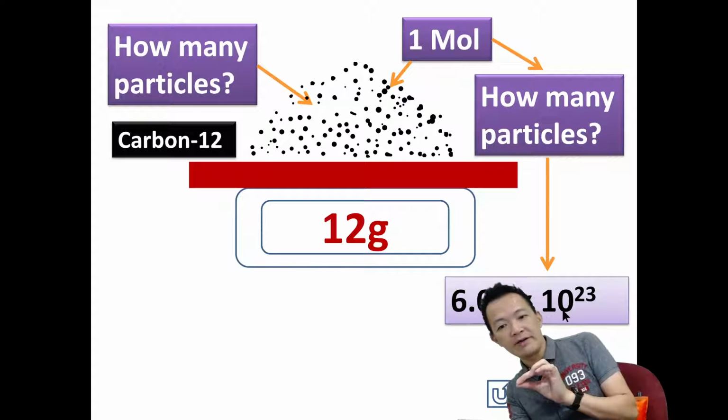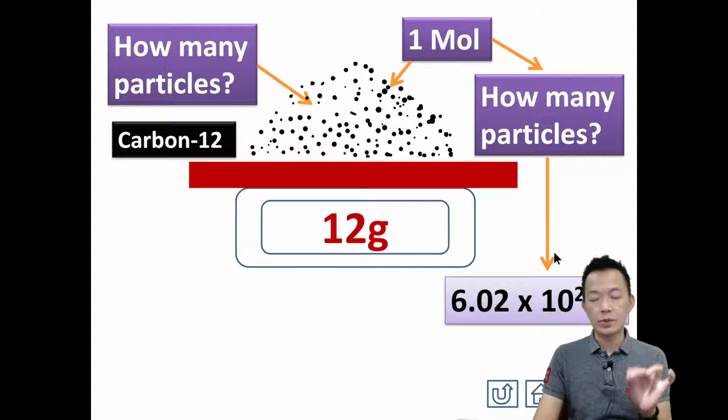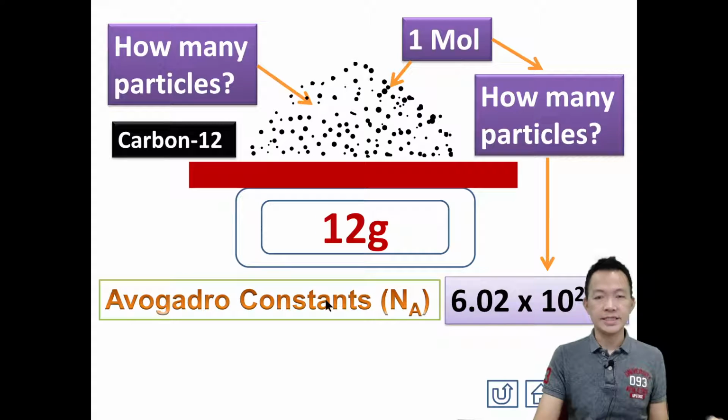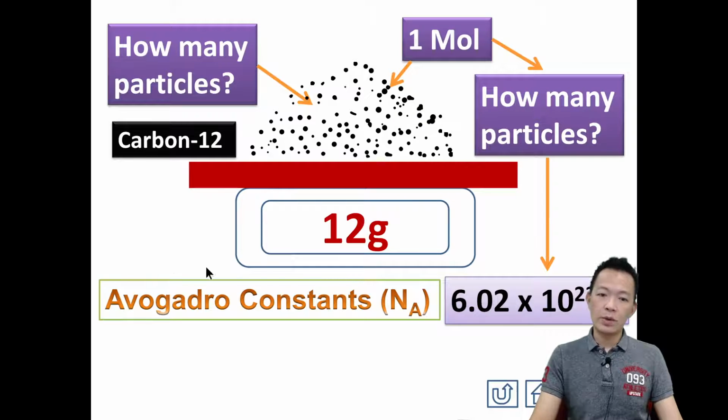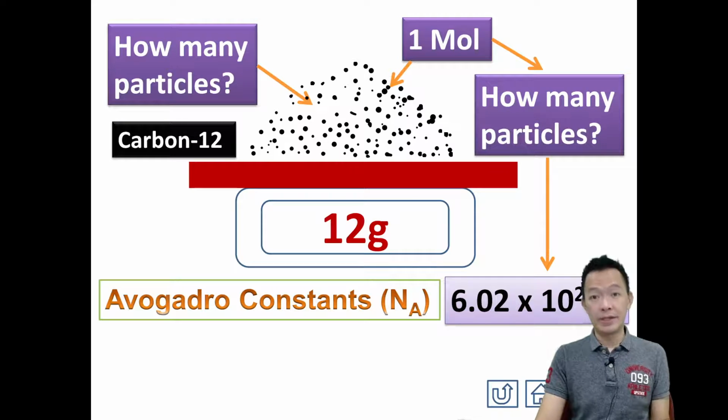And for this number, actually we have a name. 这个 number 其实有一个名字，we can call it Avogadro constant or Avogadro number, Na 啦。